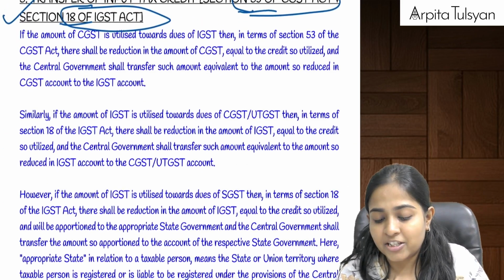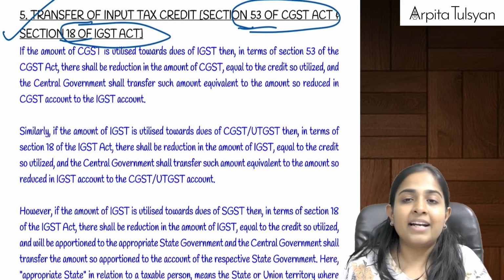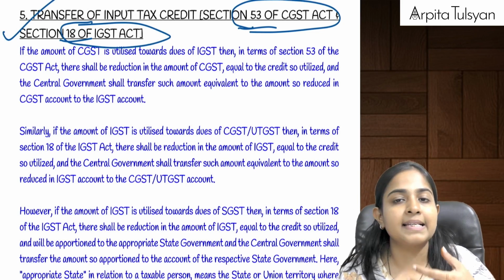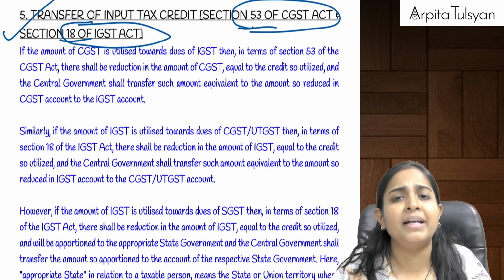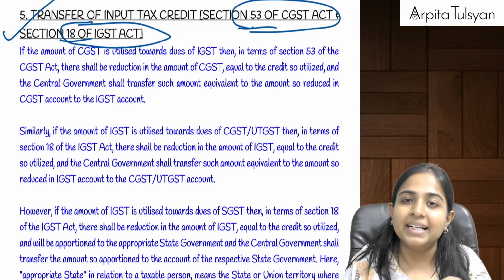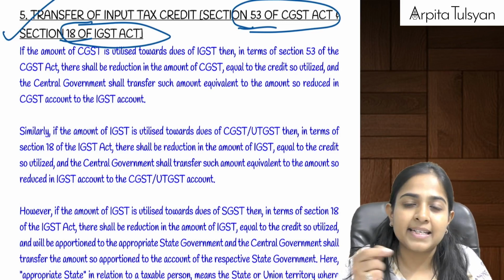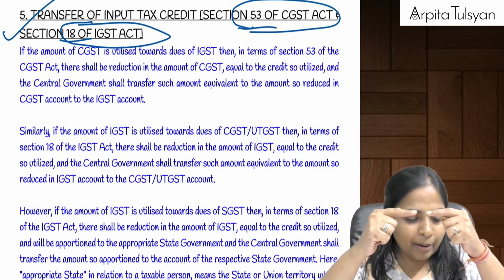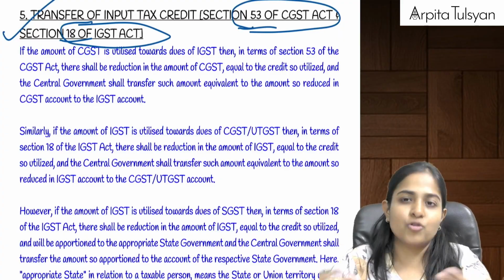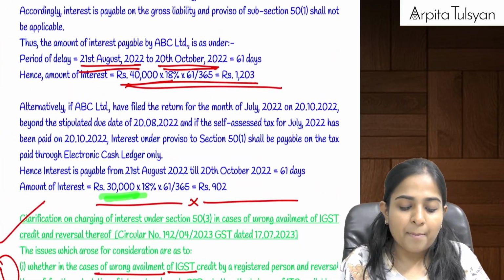Yes. And the last section, that is section number 53 of the CGST Act, which we have already studied in the earlier chapters, says that whenever we are utilizing other credit, for example, if we are utilizing CGST credit for payment of IGST liability or vice versa, then the amounts will be transferred internally by the government from one head to another head. Example, if I am utilizing CGST credit for payment of IGST liability, the amount will be reduced from the CGST account and added to the IGST account, and so on and so forth. Are you clear with this? Yes, this was all about your payment of